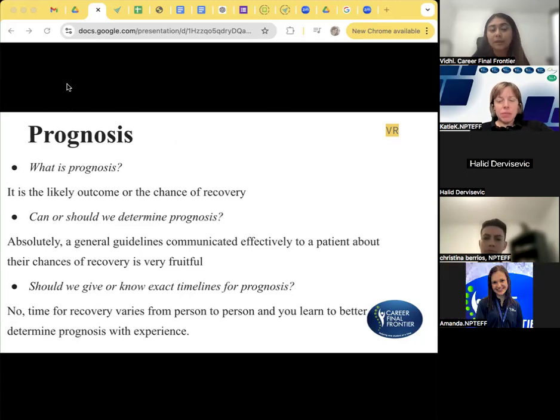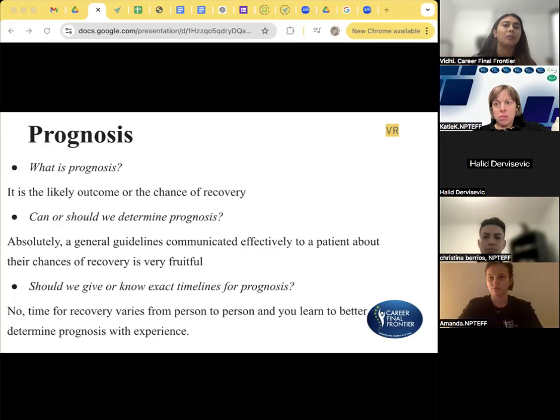During the NPTE, we learned specific guidelines for all injuries. Yes, you can hover around those guidelines and say what muscle healing time looks like, what a particular injury's time looks like, and you can generalize it. But you are always well off giving your true diagnosis and true prognosis versus a very specific timeline, because that affects how they're going to participate in their care. If you tell them they're going to get better in 4 weeks, they're going to be timed on that, and that might affect their likelihood to get better.